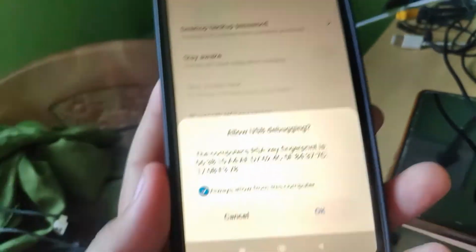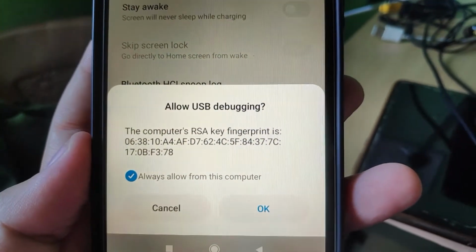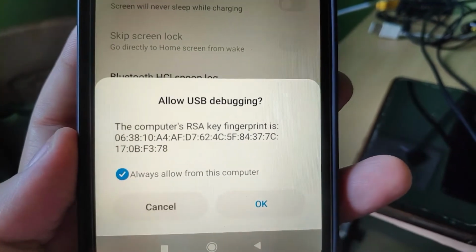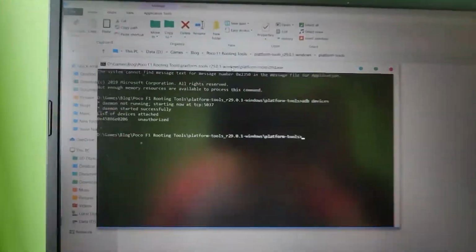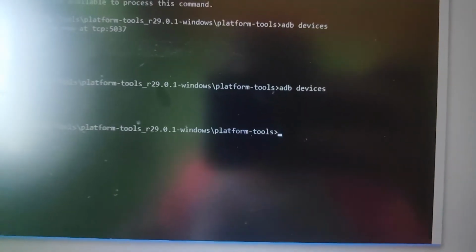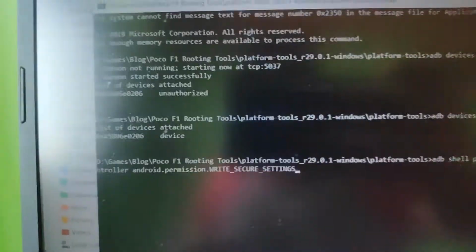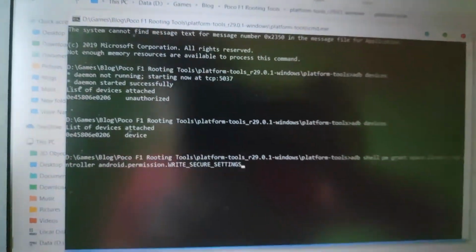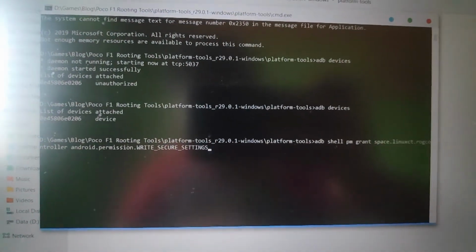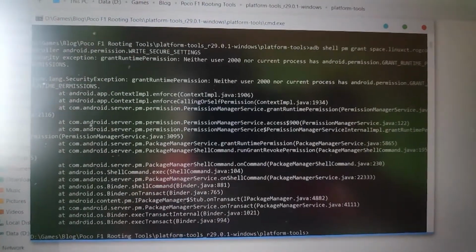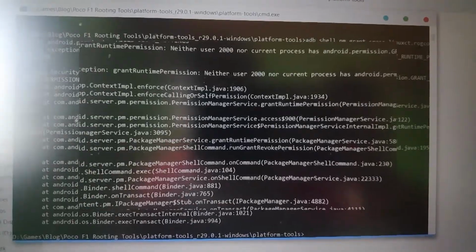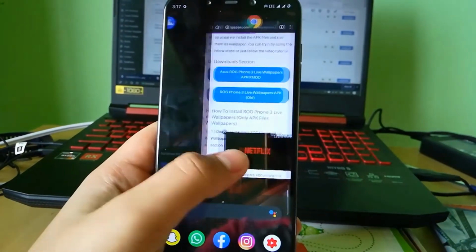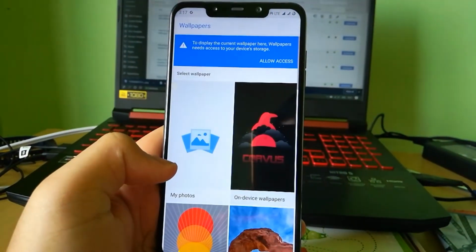This will trigger a prompt on the phone which requires you to give permission to allow USB debugging. So click on OK to allow the USB debugging feature. Now again type the adb devices command in the command prompt, so the device will be authorized, and now paste the main command for enabling the Xmode APK and click enter. It will enable the Xmode APK after this screen. So you can install all the 4 APKs now as usual and enjoy the wallpapers on any of your Android